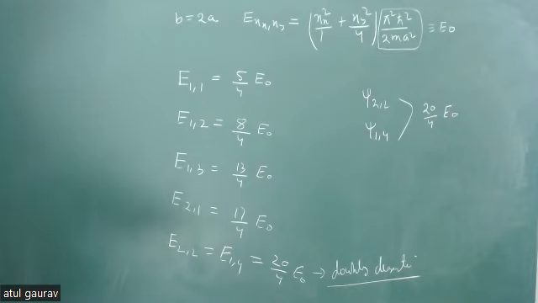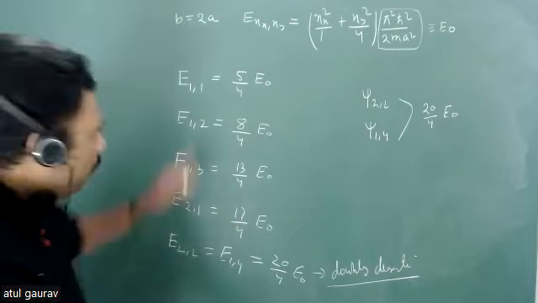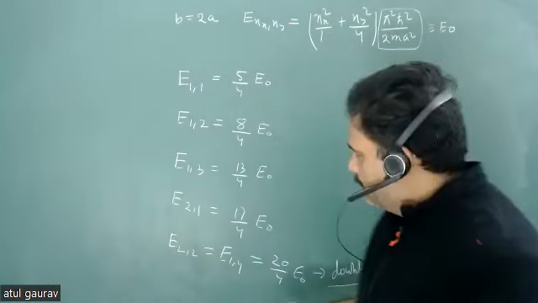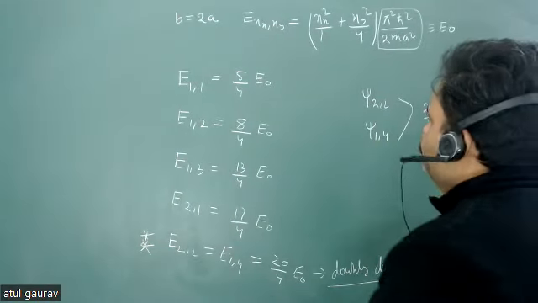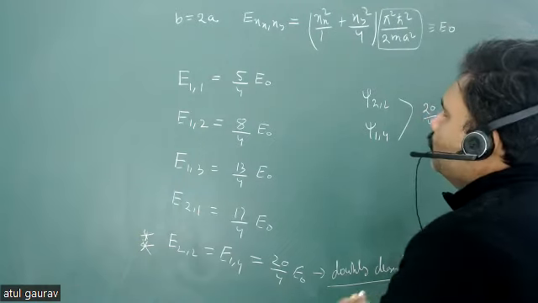Doubly degenerate. समझ में आ रहा है ये? यस या नो? क्लियर है? ओके, तो ये घर में जाके प्रैक्टिस करोगे, एग्जाम में आएगा ये। ठीक है, अभी तक आया नहीं है। चलो नेक्स्ट क्वेश्चन बात कर रहे हैं।